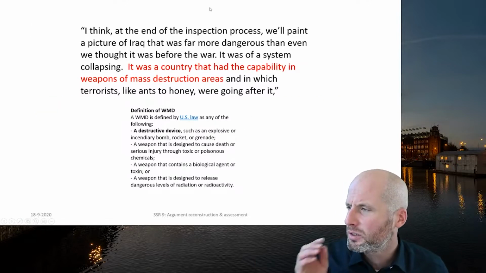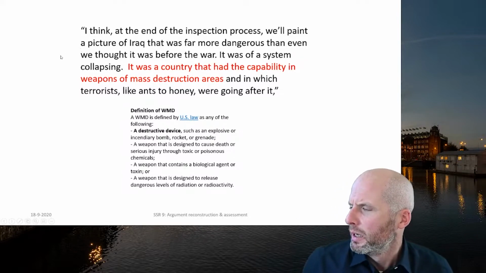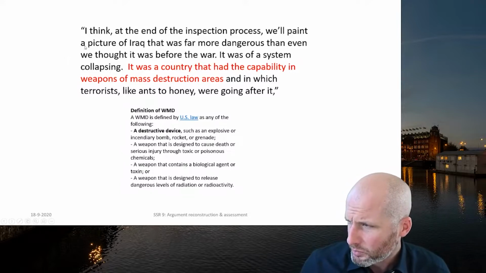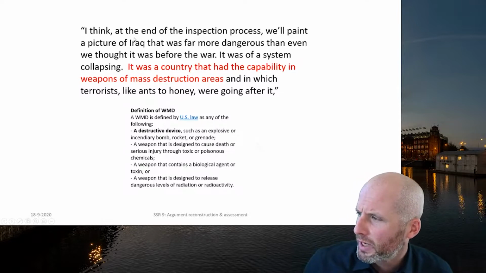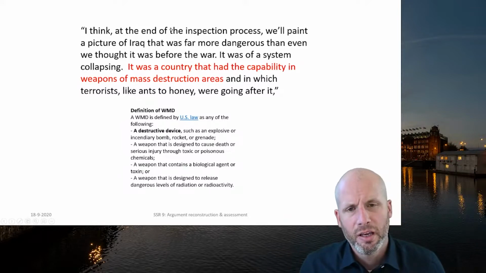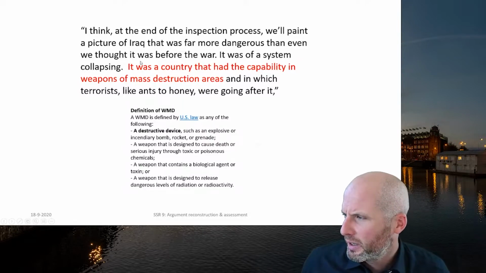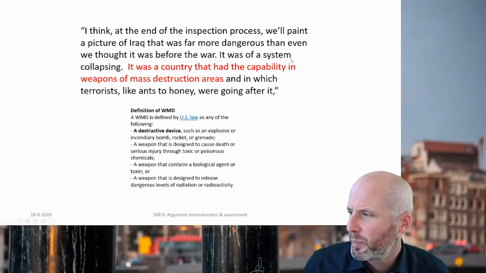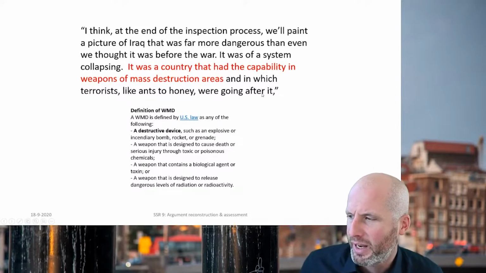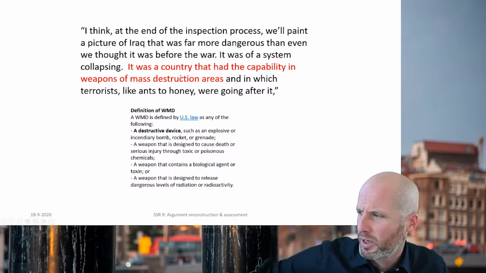So if you encounter something, this is something somebody in the Bush administration said in the events leading up to the war in Iraq. And he's predicting that after we've landed there and had our invasion, then we will show that it's actually worse than we thought. And we will conclude that it was a country that had the capability in weapons of mass destruction areas in which terrorists like ants to honey were going after it. So this contains all the stuff we've been talking about, rhetorically charged language, but I want to specifically focus on